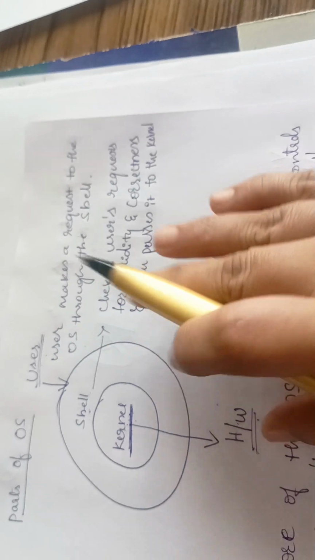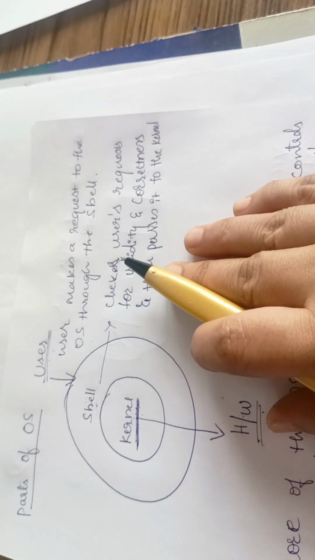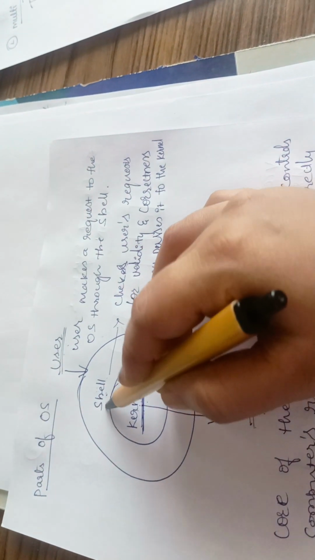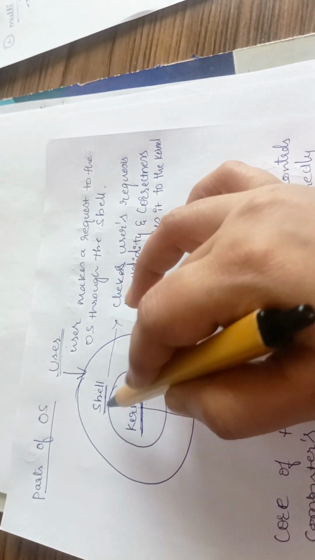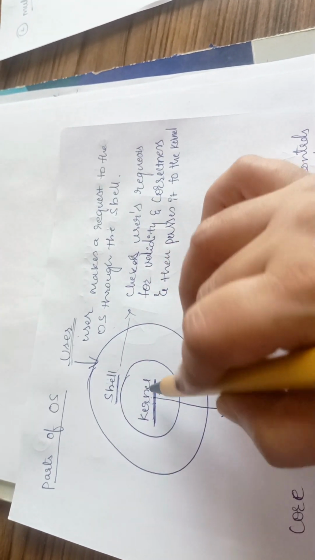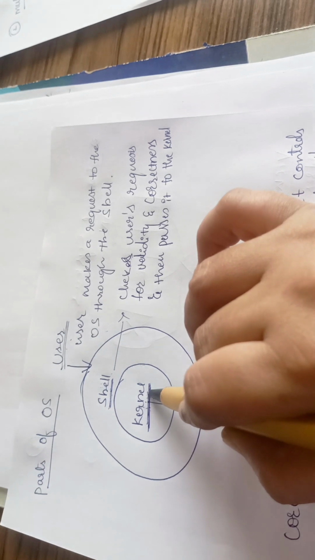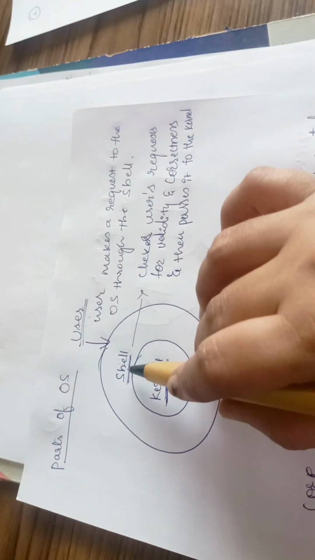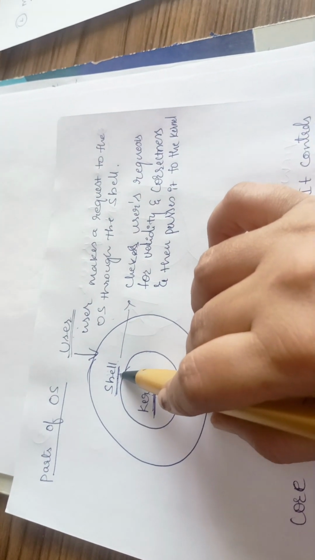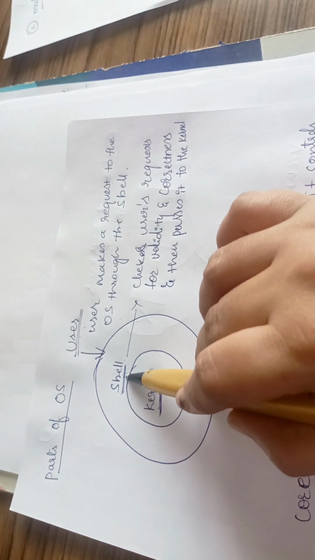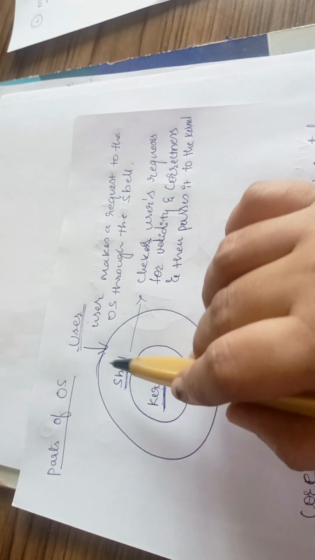So this is how the operating system works. These are the two parts of the operating system: the kernel and the shell. The kernel is the innermost layer of the operating system and the shell is the outer layer. The shell is an interpreter between